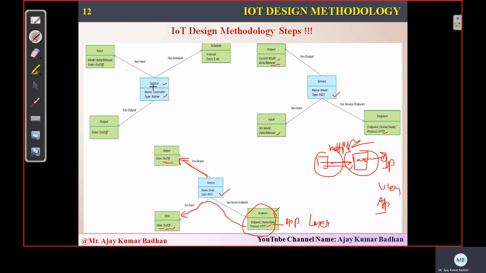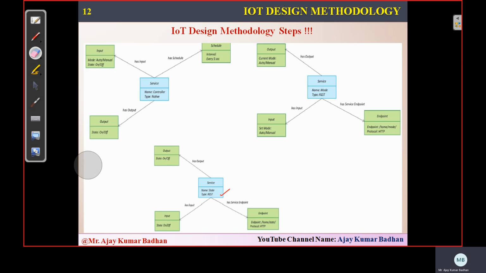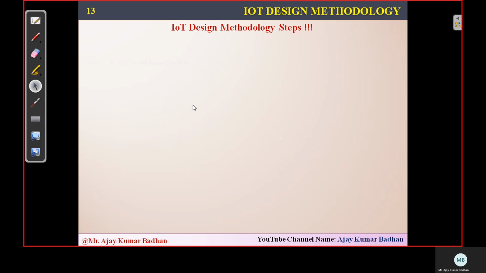Same if you talk about your services here, what service is it? It is a controller. What exactly does a controller do? It will try to monitor the state, and based on that, it may take some actions. So that is what is represented in this particular scenario. It's very easy to understand. Okay, these are the examples related to your home automation system.